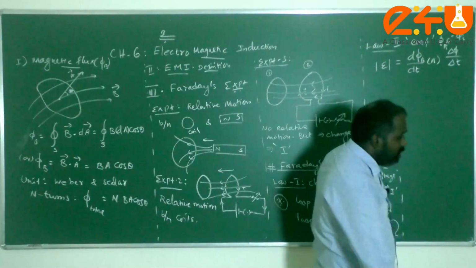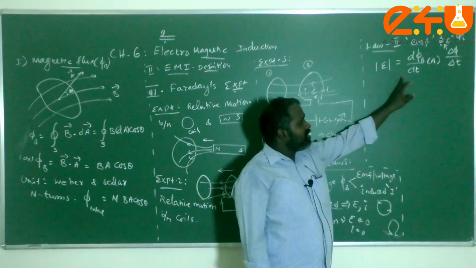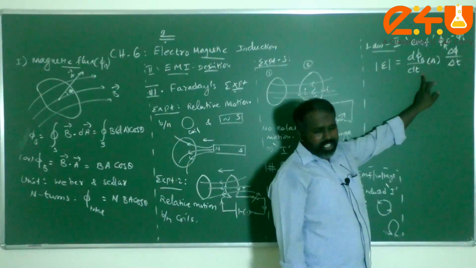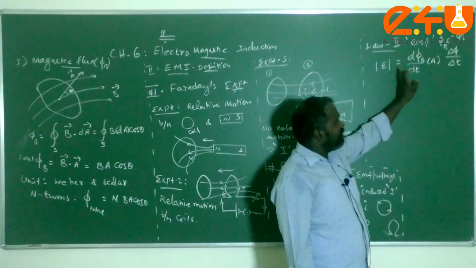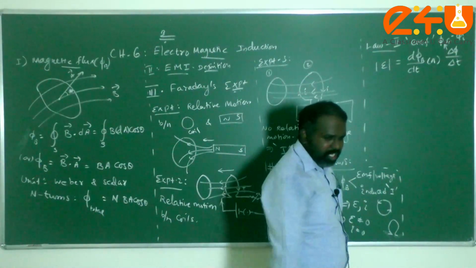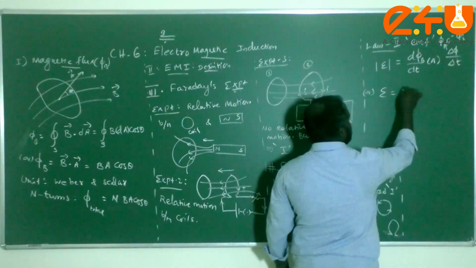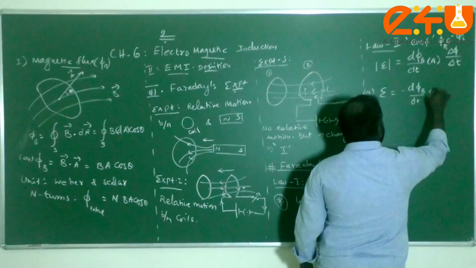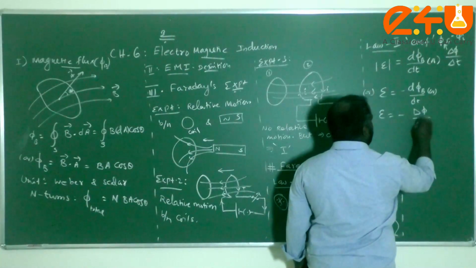Yes. So that is the statement of the second law. The magnitude of the induced current is directly proportional to the rate of change of magnetic flux linked with the coil. For simplicity, I can take the constant to be 1 or unity, then you can write it as E. Or we can write that EMF E is equal to minus dΦ by dt, or E is equal to minus ΔΦ by Δt.